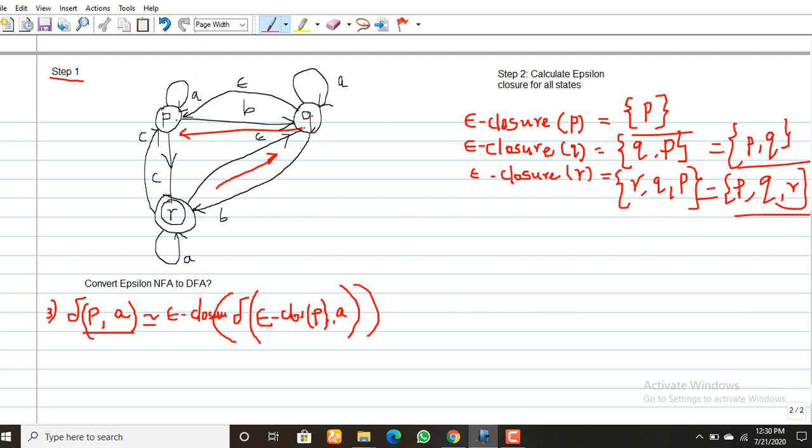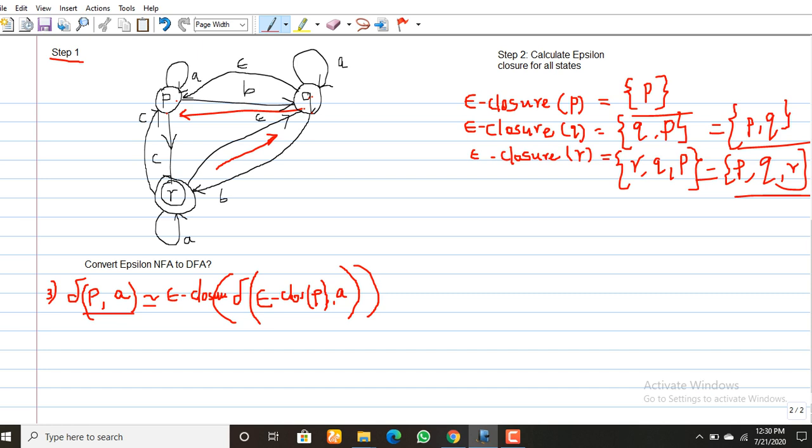Okay, but how can we do this? First, a shortcut method. You have to write like this, P. So you are going to calculate the transition of P on A. Before A, you should write epsilon closure, and after A, you should add one more epsilon closure.